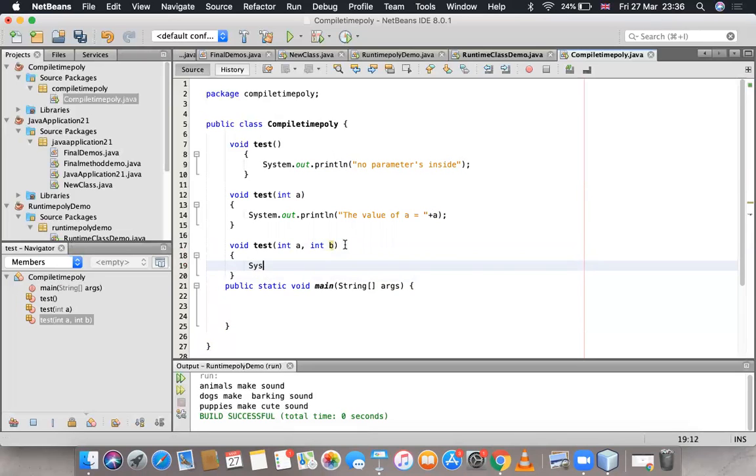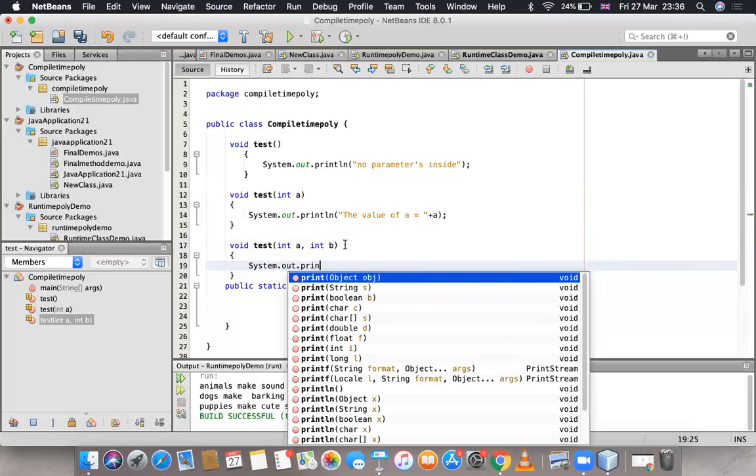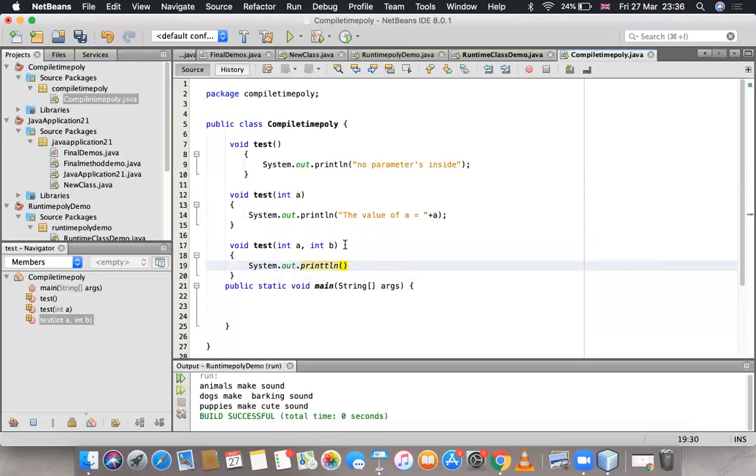System.out.println, overloaded with two parameters plus a plus b. And then System.out.println overloaded. Now